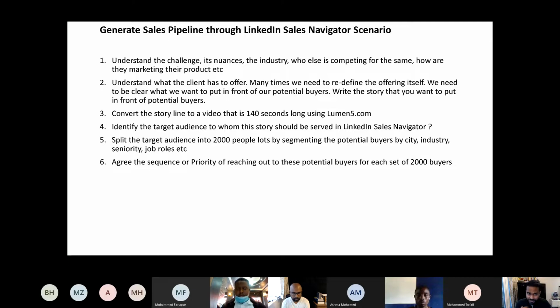But honestly, even for an experienced person like me, it took me a long time to understand that. So that's what I'm trying to tell everybody: do not simply assume that if a client is selling something simple, let's say a toothpaste or a dentistry or a teaching thing, it's really simple. Just try to dig down, because it's very important for you to redefine that offering so that you can write the story of what they are trying to sell. That's really important. That's point number 2.